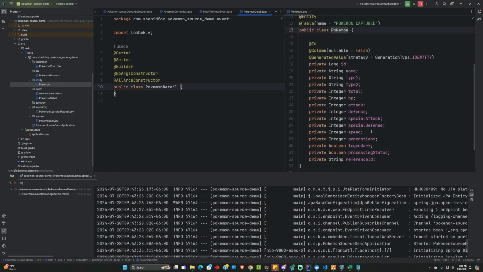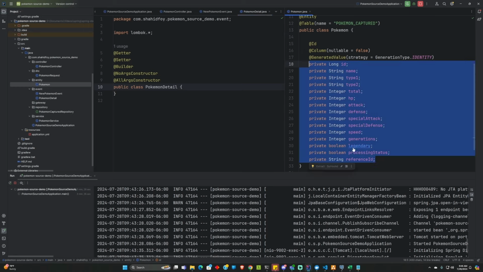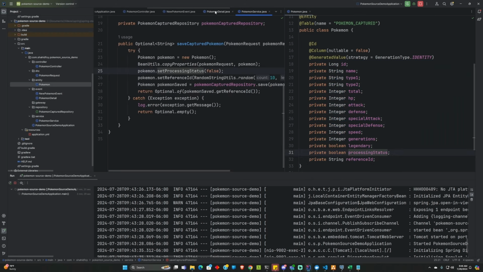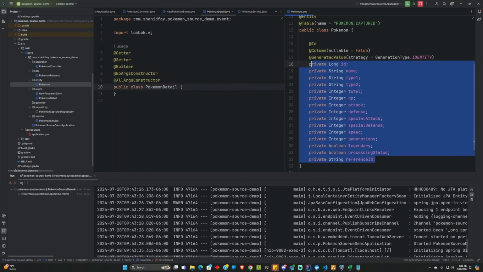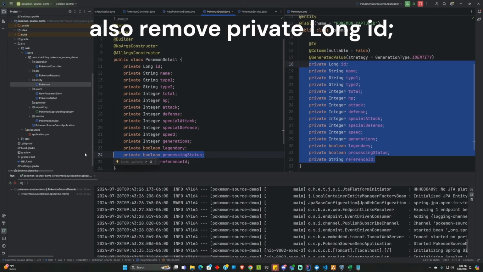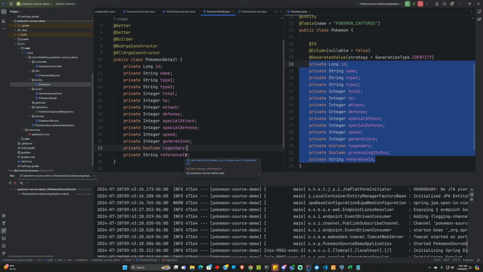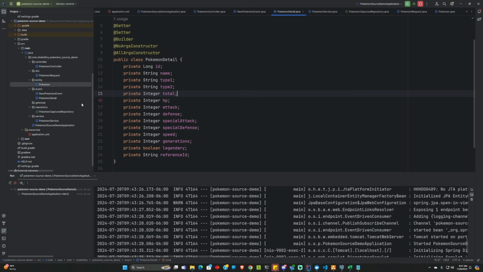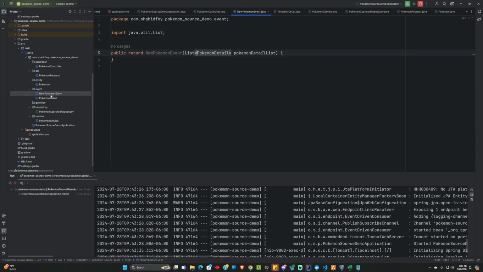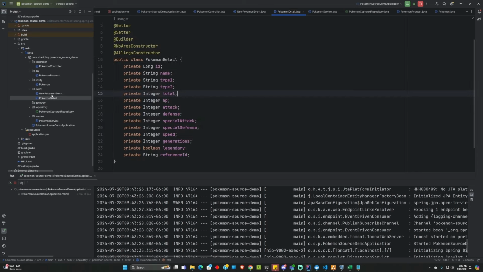But yeah, I'm going to copy all of this stuff, except we don't need the processing status. So we need everything except the processing status. So let's delete that. We're going to carry the reference ID so trainers will know if their Pokemon made it to the Pokebox or the daycare based off the reference ID. All right, so we've got all the events set up, new Pokemon event, and we also got the Pokemon details